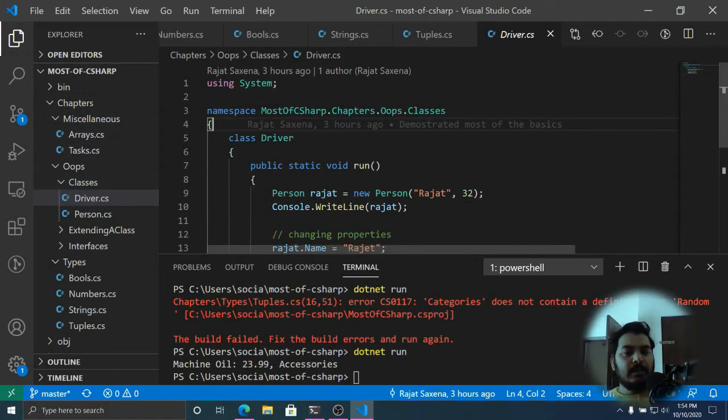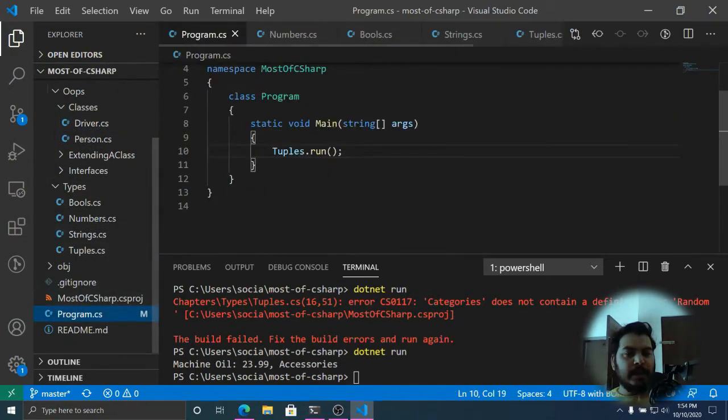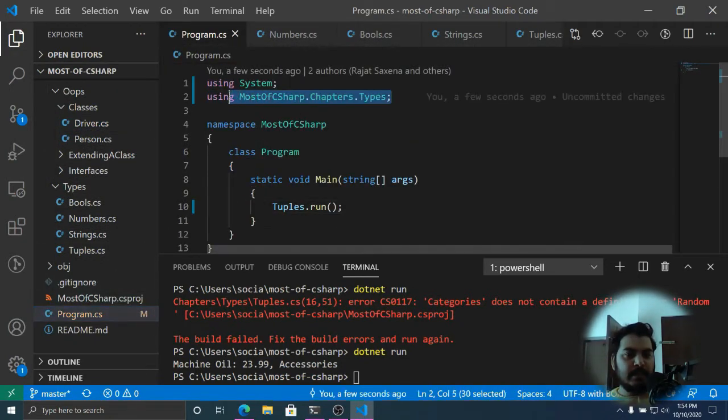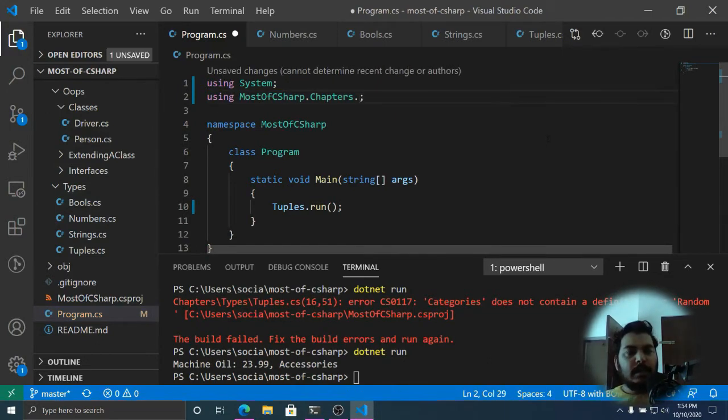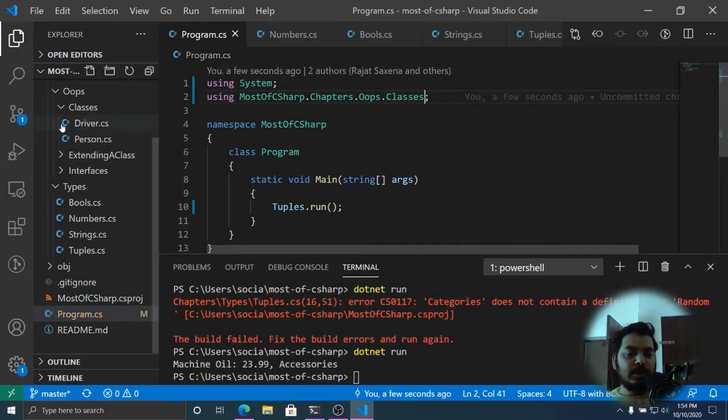As we have imported this namespace for using types, here we are going to use the namespace chapters, then oops, and then classes, in order to use this program.